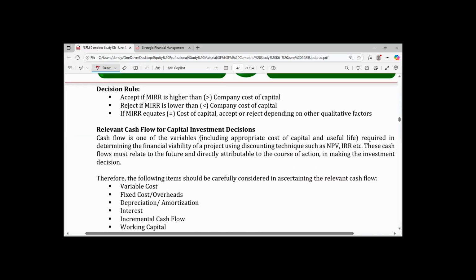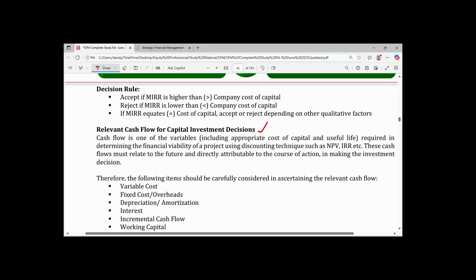All right. For some of you that are coming from skills level, you did performance management, and during that time, you learned about relevant cost for decision making. So relevant cash flow is similar to what you did under relevant cost for decision making. What do you mean by relevant cash flow? Relevant cash flows are cash flows of receipt and payments that are directly attributable to the project under consideration. I repeat, relevant cash flows are cash flows of receipt and payments that are directly attributable to the project under